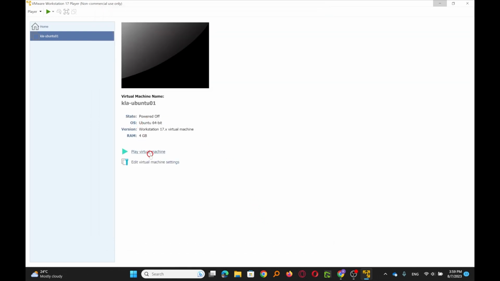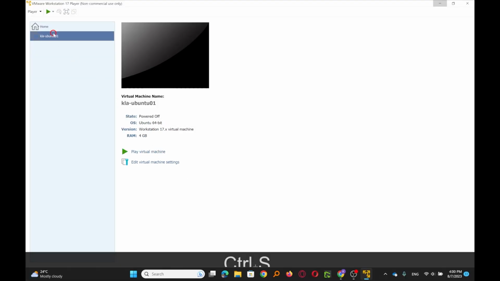So at this stage, you can click right here, play virtual machine. Basically, that will start up the virtual machine. Or you could come at the top and click on power on from here, or you could right click on it and click on power on. So any of these options will work for you.